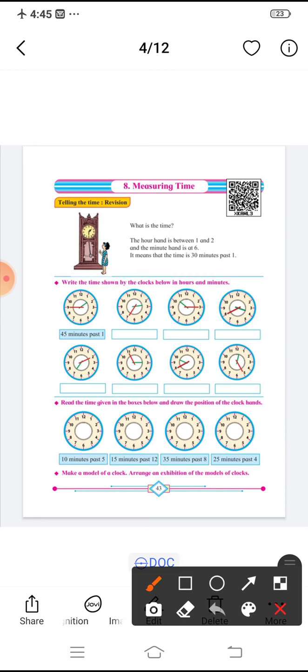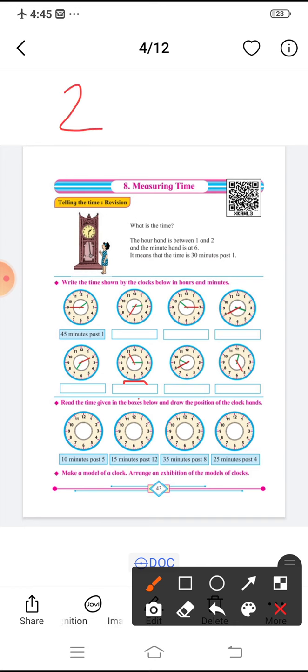See the next one. The red hand, that is minutes, is on 2. That is 5 2s are 10. 10 minutes past 7. Yes. See the next one. In the next one, the minutes hand is on 11. So it is 55 minutes. Correct now? 55 minutes past. Now what will you write?